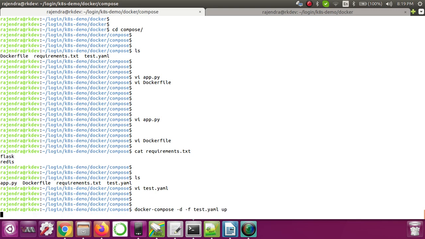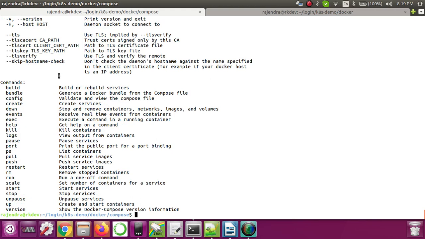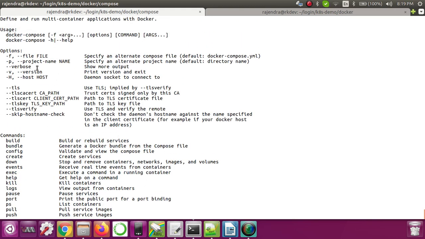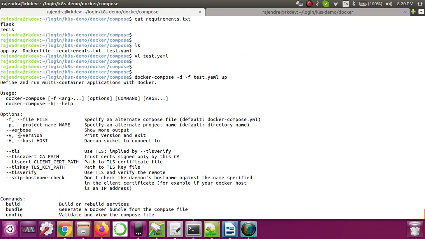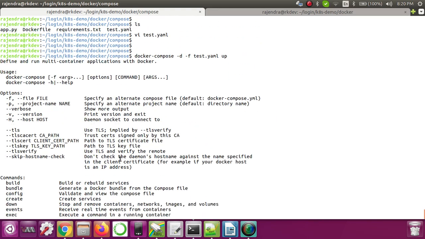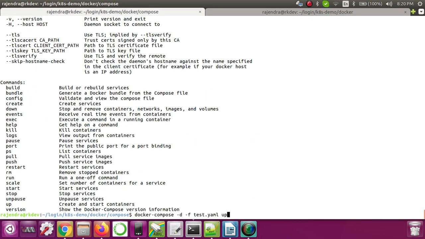Now if I run this, we are missing some parameters. Is there a -d option? Do you see? It looks like there is no -d option. Let me remove this. Now let me try it.